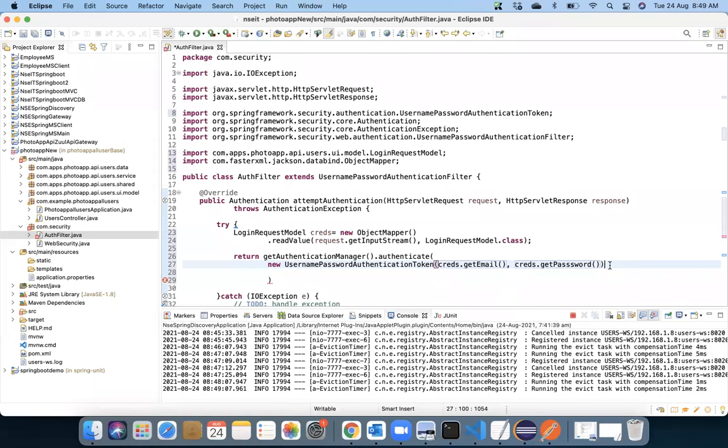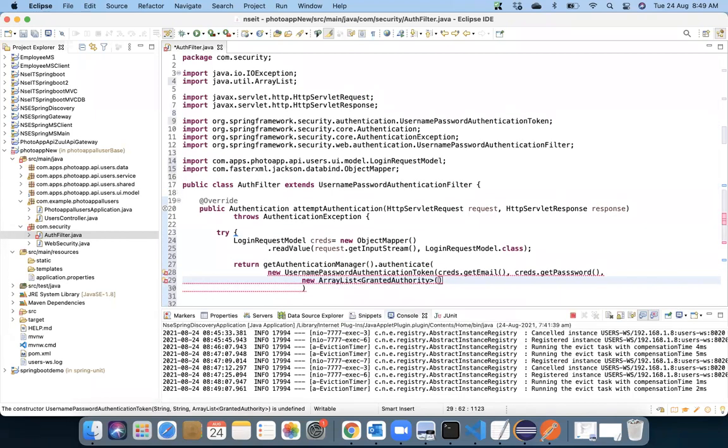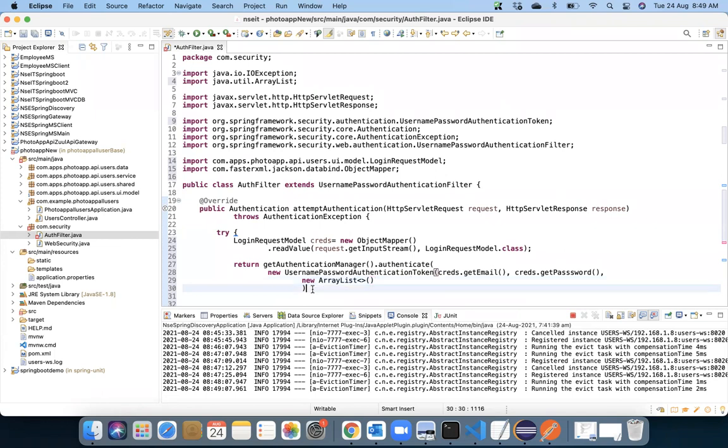And the third thing we are expecting to pass is a list, by saying new ArrayList. We are removing every property from here. That's it. So this is where exactly we want to use our application.